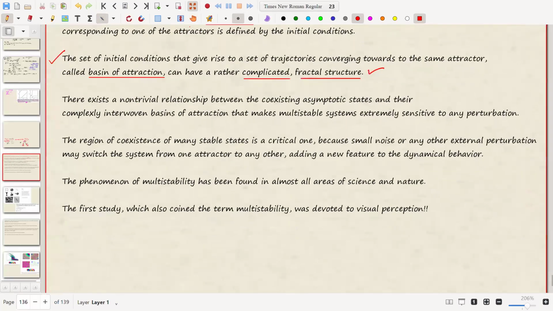So therefore there exists a non-trivial relationship between the coexisting attractors or asymptotic states and their basins of attraction. You cannot predict a basin of attraction. As I will show you now, you remember Newton's fractal, how it looked. Now I will show you a version done in my PhD thesis. My PhD thesis was mostly on multistability, and I will show you that it is possible to have infinitely many attractors